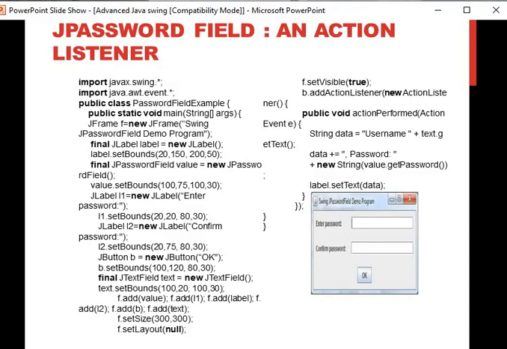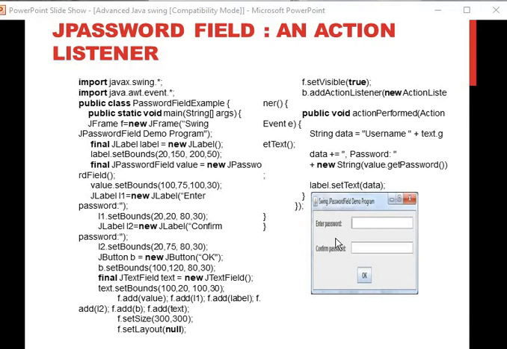Now this is a program which we have done for JPasswordField. It is an action which we use to do the password field as an action. When we are considering this JPasswordField, that means we have entered the label, the text area, and the button, and we have also implemented the action listener to this. So whenever we implement an action after entering the current password, whenever we click on the button, it will give us a message box.